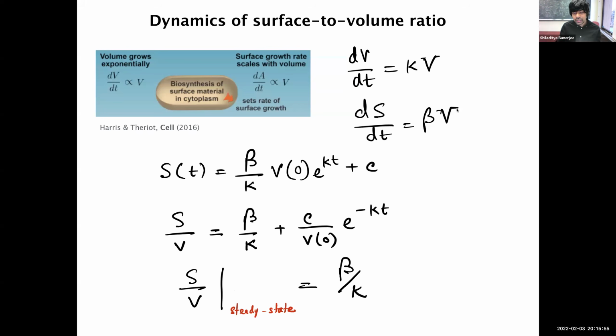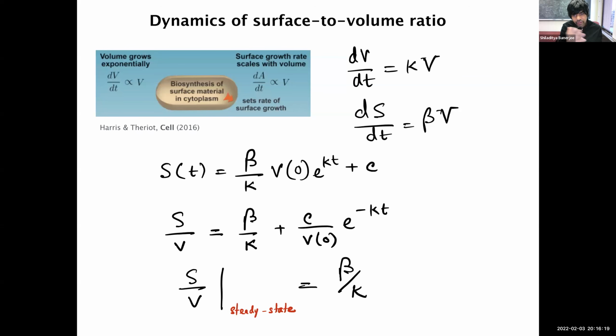So now we have almost a complete description of the geometry, like how surface area grows, how volume grows, how length grows, and how growth rate and division proteins are regulated. So using that, you can actually do different types of simulations, right? And I'm going to come back to some simulations that we did with this.